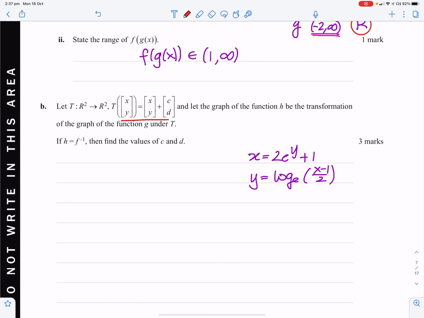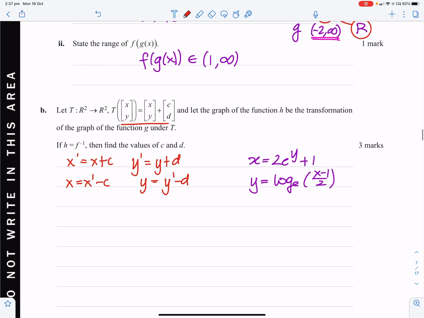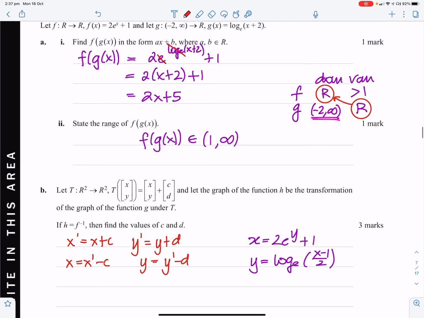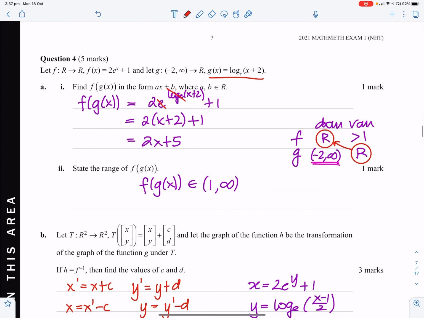So here we've got to get this transformation. X dash is x plus c, y dash is y plus d. X is equal to x dash minus c, y is equal to y dash minus d. This transformation has to be applied to this graph. So we get